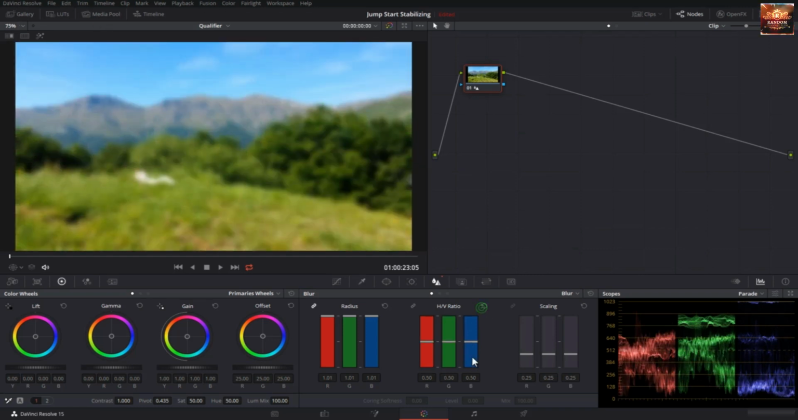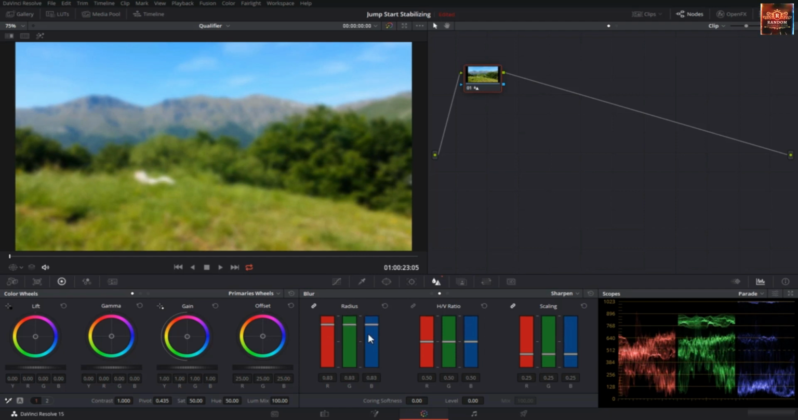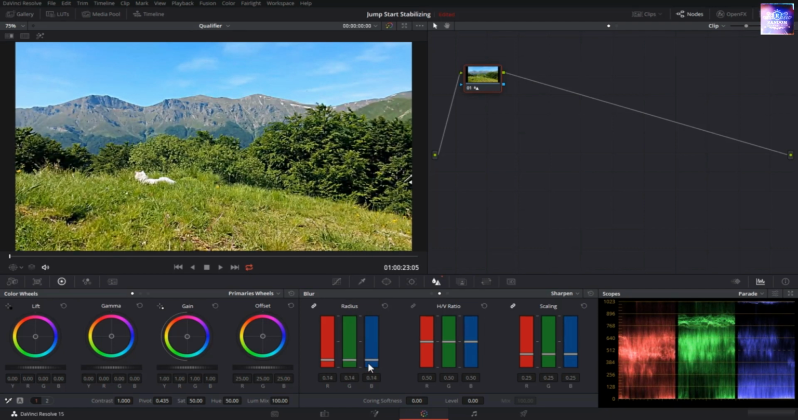I will reset this one. After the blur, you have the sharpen, which will work exactly like blur. If you go up, you introduce blur. Down, you will introduce sharpness within the radius. And if you introduce sharpness, you can use the horizontal vertical ratio to go vertical or horizontal the way you